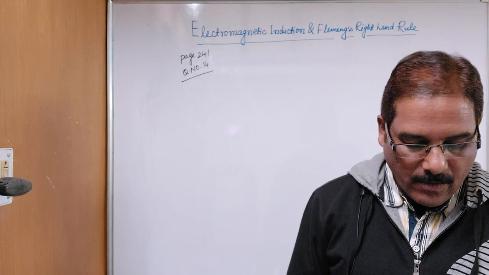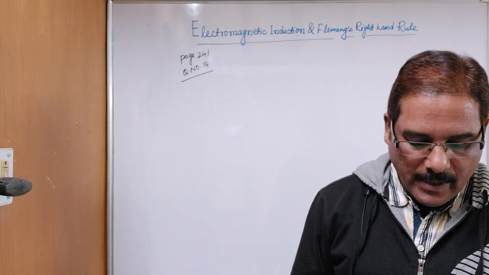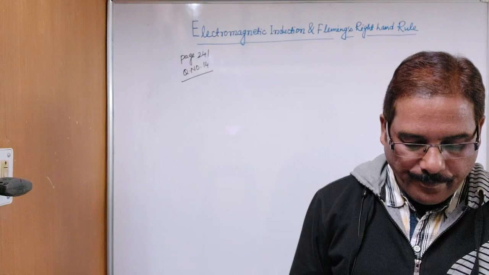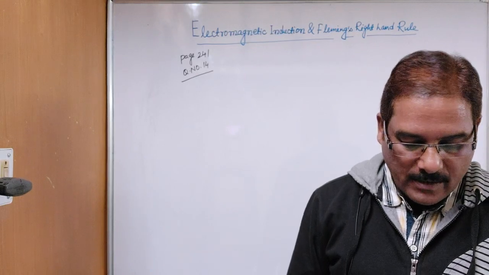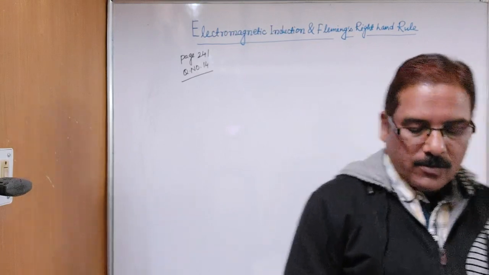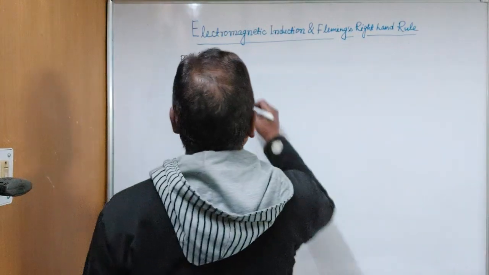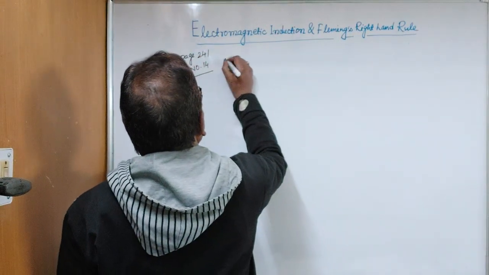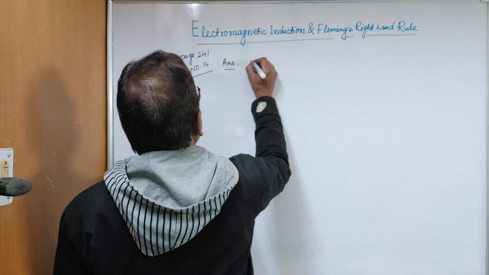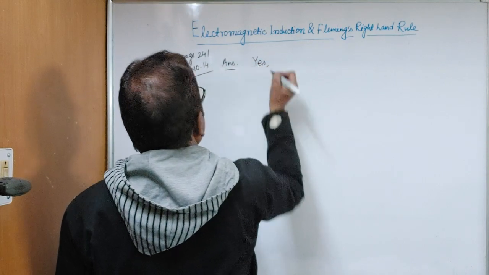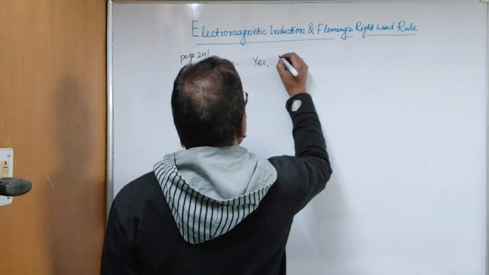If the current in the coil A is changed, will some current be induced in the coil B? Give reasons. So the answer is yes. Then you will write